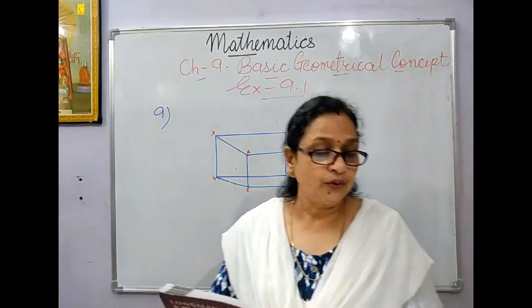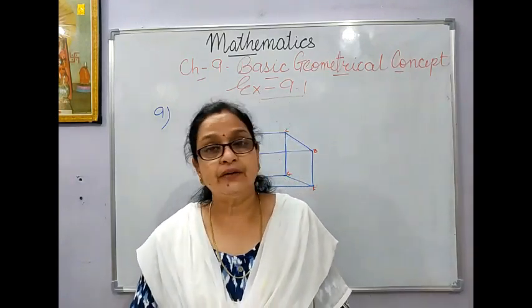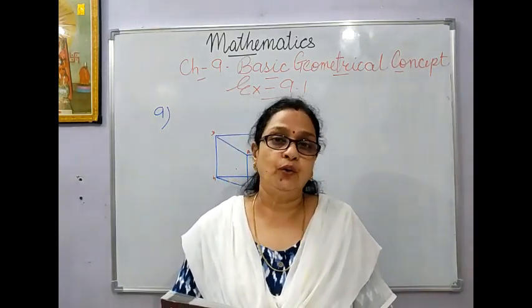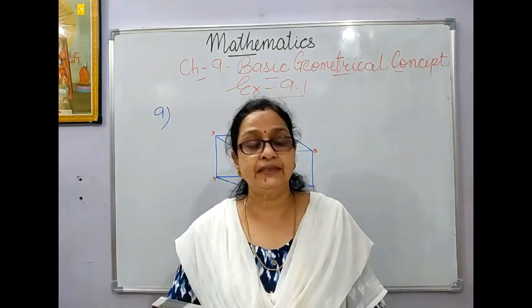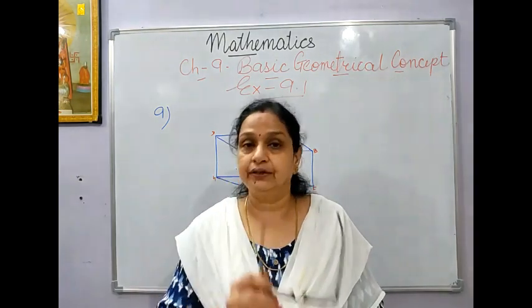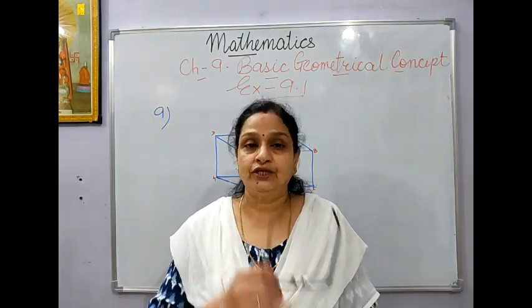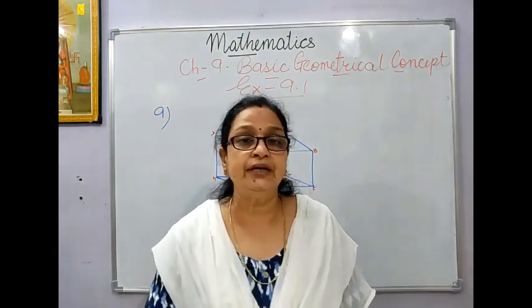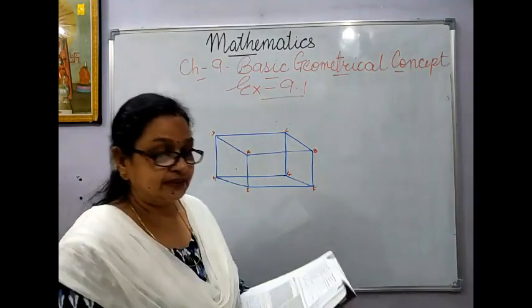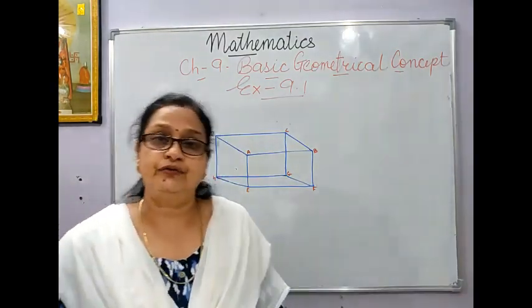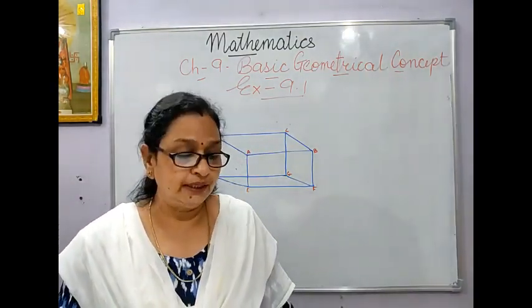Now children, we move on to question number 8. Question number 8, you will be doing it on your own. I have explained the sum like this, so you will be doing it like this in your book, in your copy if possible. Then we move on to question number 9. Question number 9 is a cuboid, as you can see. Looking at the figure, you will answer. You will do it in the book only.